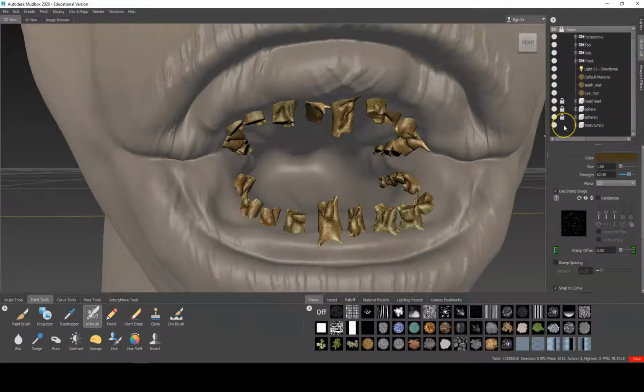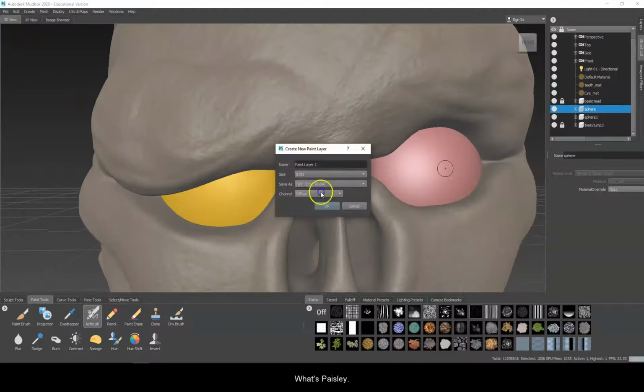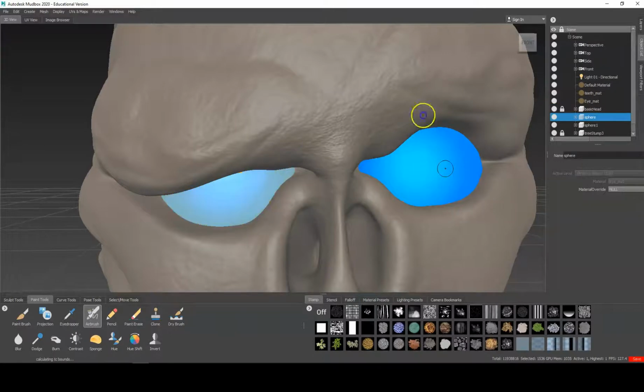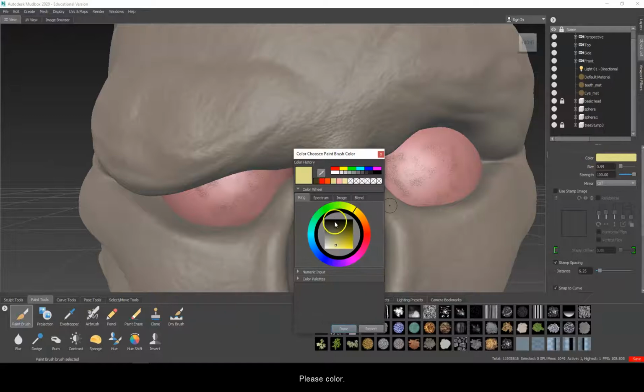Back to the object list. Turn those off. Let's go to the spheres. And let's paint these. Now, because of how this works, what I do to one is going to be done to the other, but it won't necessarily fill them in the same spots. So I'd probably need a second material for the other eye, but zombie, so we can bend the rules a little bit. Base color, I'll go for white mixed with a little bit of red hue,